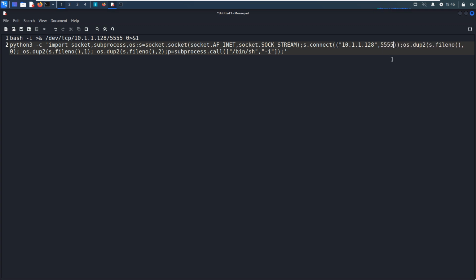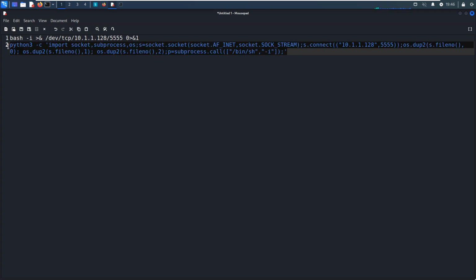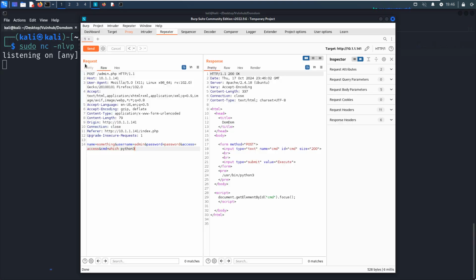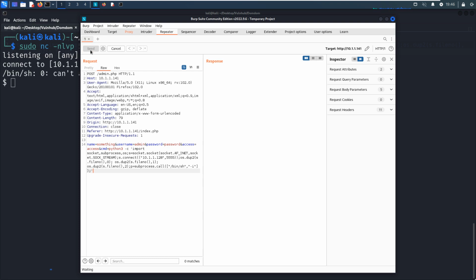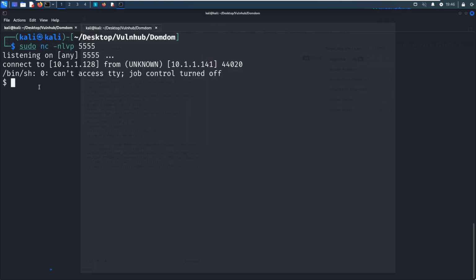Of course, I always use this as my port number to be listened on, and then we can run this command to see whether this way can work or not. Send. As you can see, we successfully got the shell. Maybe there are some other ways which can work, but I always use this methodology.